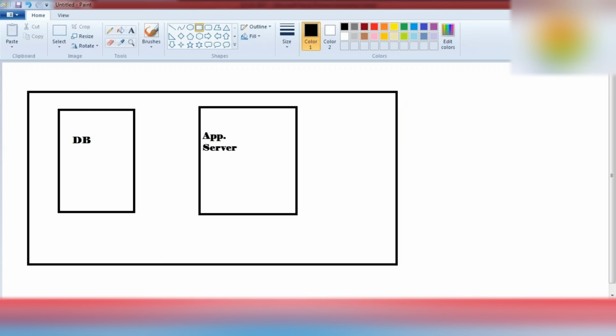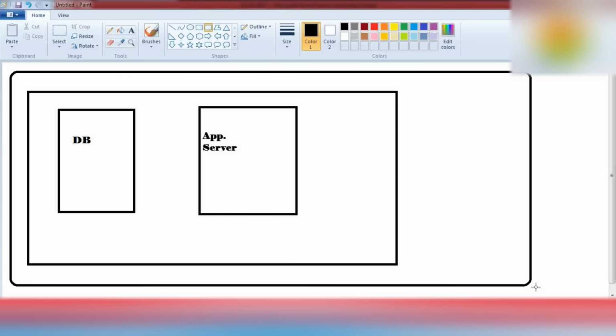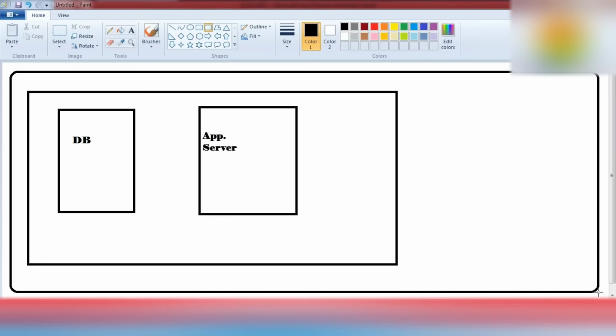Let's suppose this is the internet. The internet world is a big world, and the intranet world is a small, rigid world. Now SAP thought about how we can access and manipulate the backend data through different devices like mobile, tablet, or desktop and laptop devices from the internet.